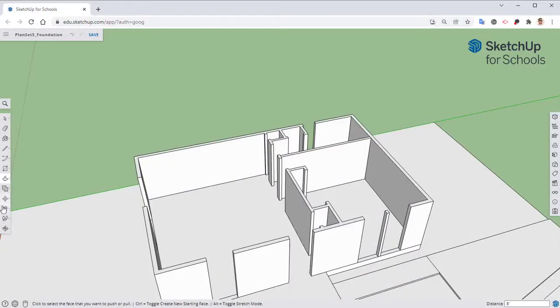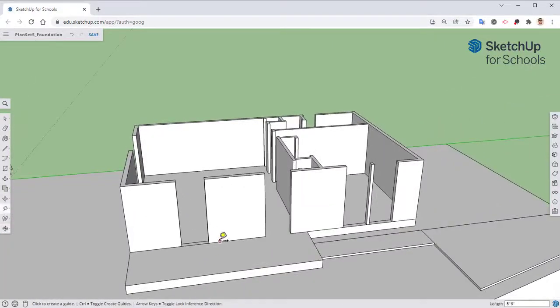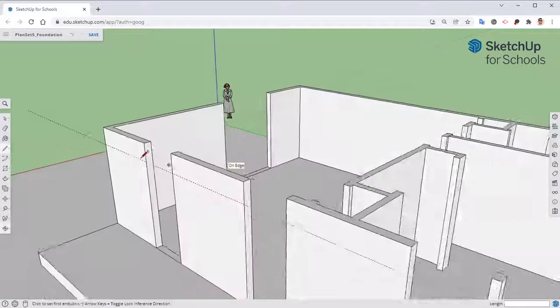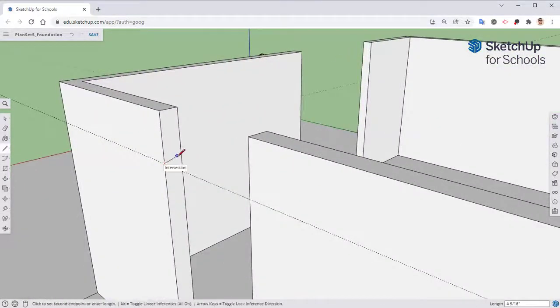Now we're going to go through here and mark 6'8", and that is where the top of the doors and windows will be. So we're going to take our line tool, draw a line across,